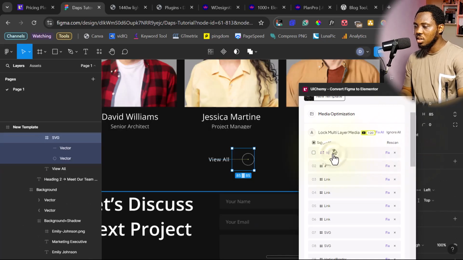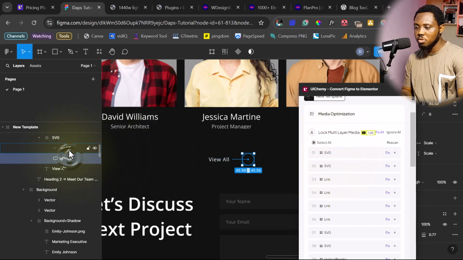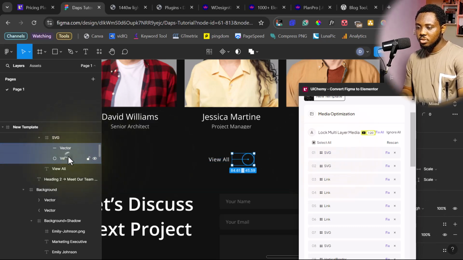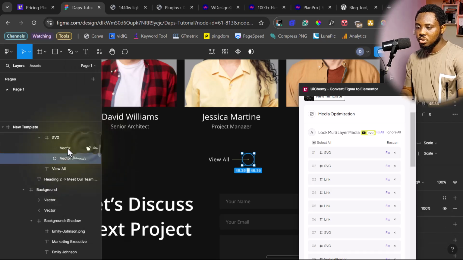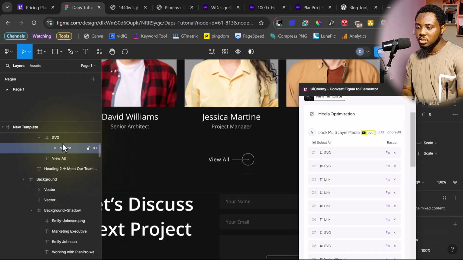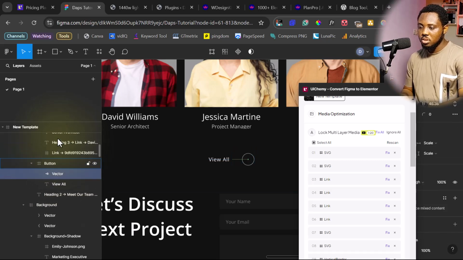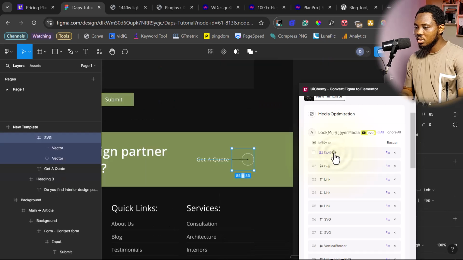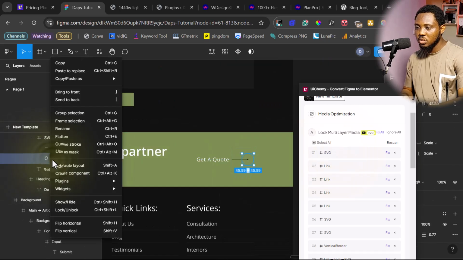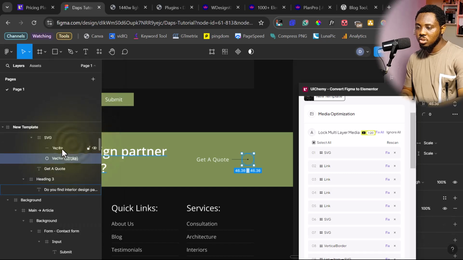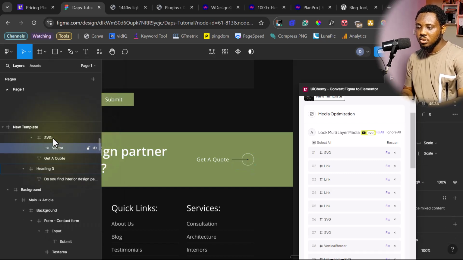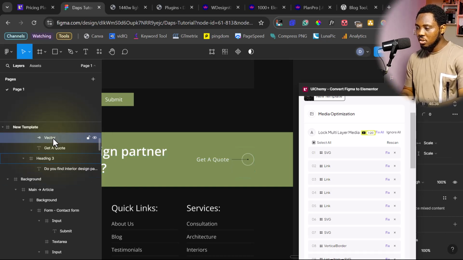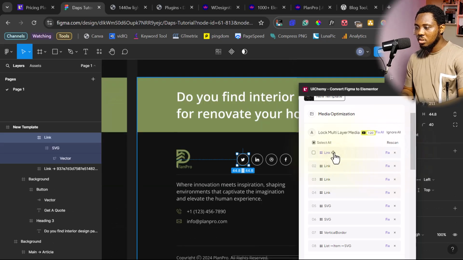Let's come to SVG here. This is a button. We'll just do the same thing we've been doing. Outline stroke, and then flatten this. Okay. All right, that's that. This is another button as well again. So let's outline stroke, flatten. All right, so that's it. Let's rescan. Let's come to links. All right, that's